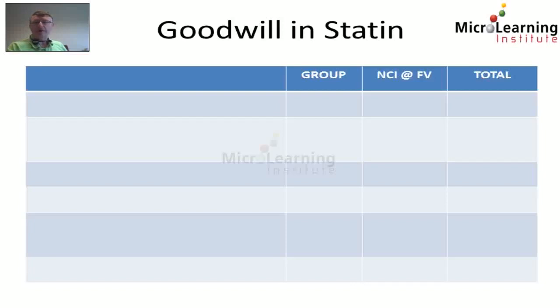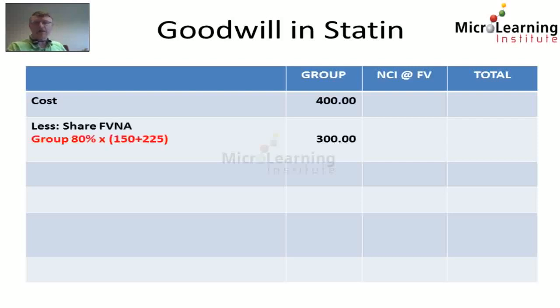Now, Beta Block uses the full goodwill method for calculating goodwill. So that means that the structure of our working looks a little bit like on the screen right now. Firstly, we consider the cost of the group part of the acquisition, and in our case that was 400. And of course the share of the fair value of the net assets that were acquired for that 400 is